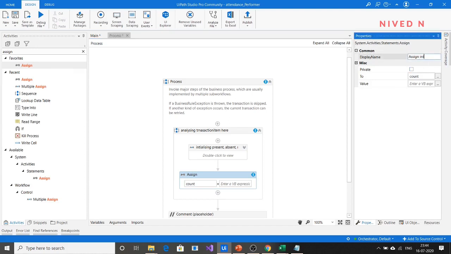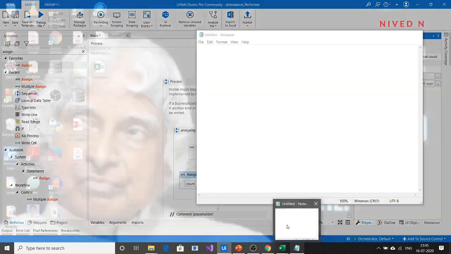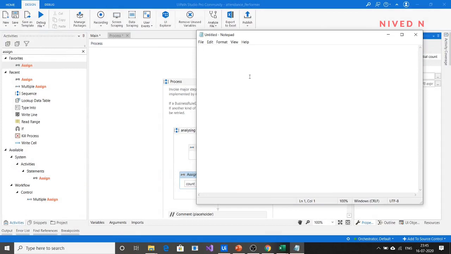Let's say initial count. So we are going for an initial count here. Initial count means getting the total number of collections in a queue item. So we know that to retrieve the data, in the case when the transaction item is a queue item, what is the code you are using? You are using this code like this now.